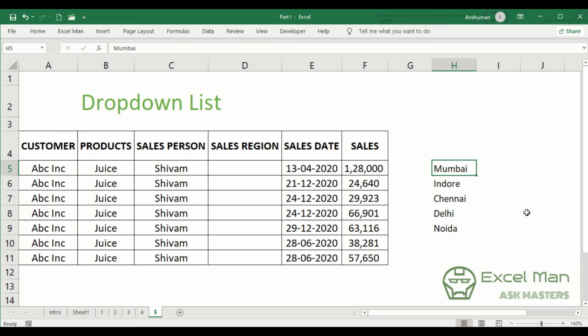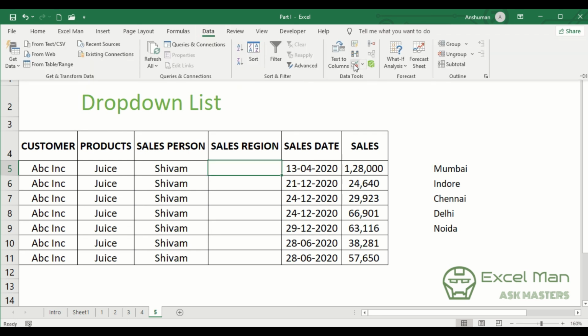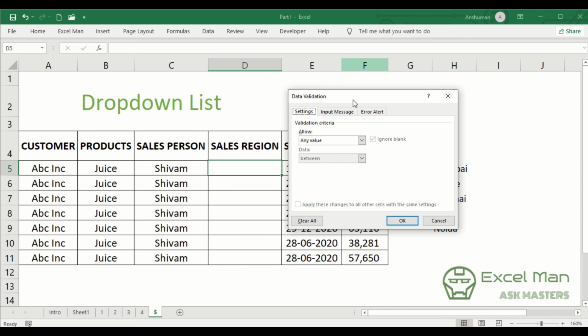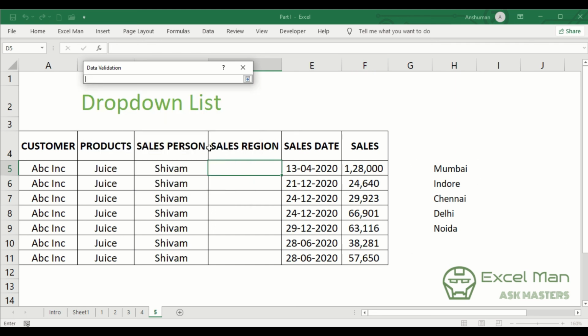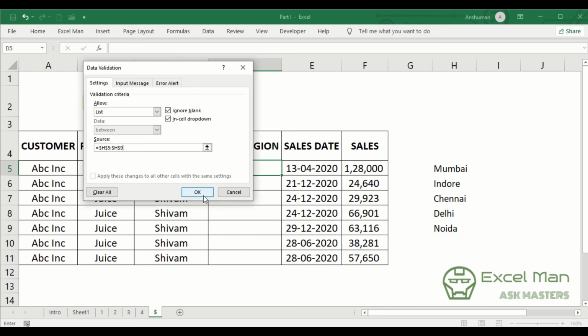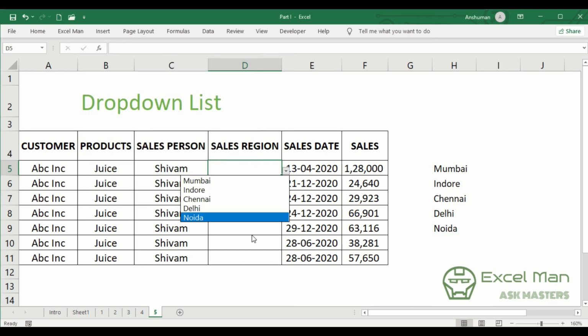So in order to avoid all of that, what you can do is use a drop down list in your data entry form. You can simply go to the Data tab and use this Data Validation tool. When you click on it, you can see that the Data Validation dialog appears over here. In order to put a drop down, I have to choose List in the Allow section, and you can see that I have got this Source option. If I want to, I can simply type it over here, but as my data is managed on my Excel sheet as well, I can simply click on this arrow and select my data. When the selection is over, I can press OK, and you can see the data validation has appeared over here.